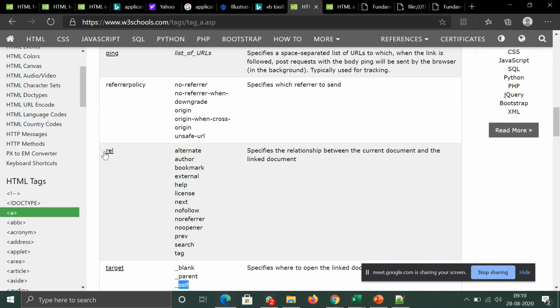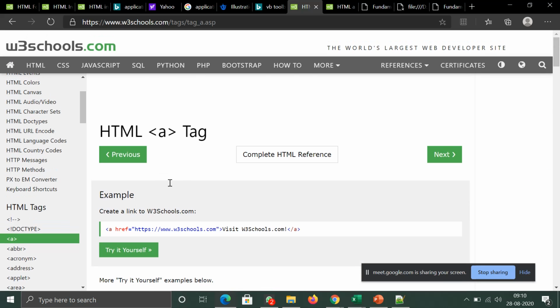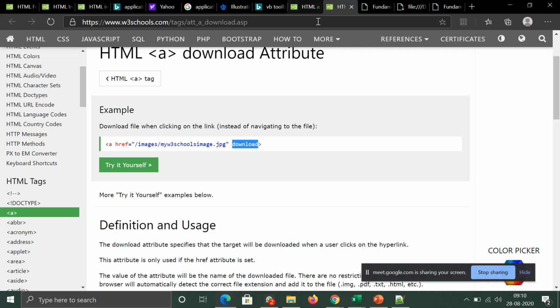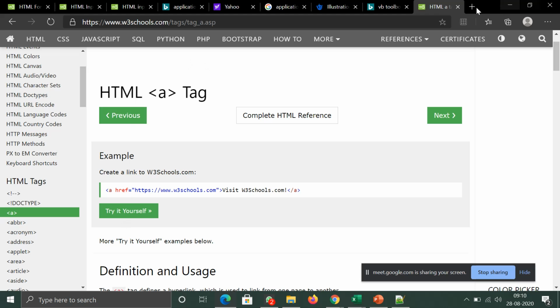There is one rel tag that I'll teach you a little bit later when you come to CSS. So this is the important thing related to the a href, that is your link tag.